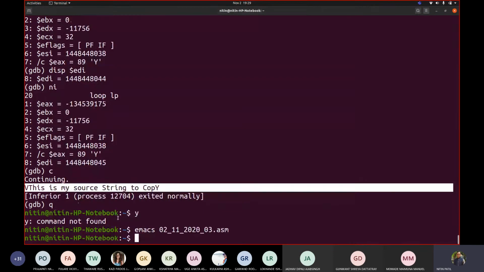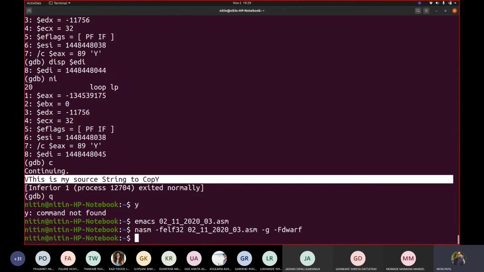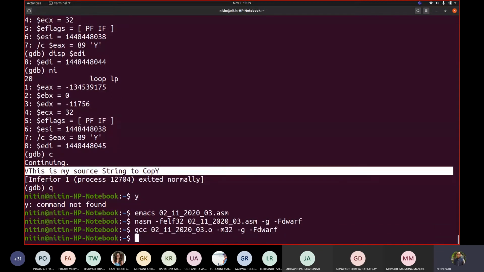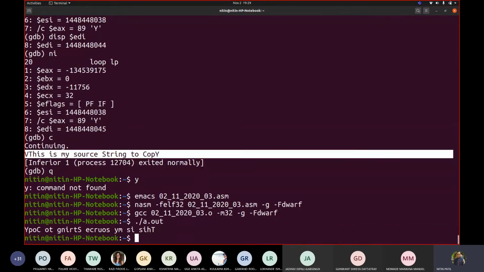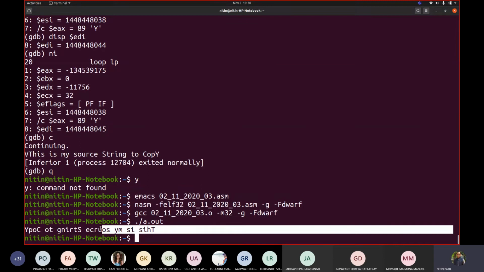Let us see what it shows. So let me assemble, let me link, and let me execute. Can you see my string got reversed? Yes, it is reversed. This is my source string to copy.